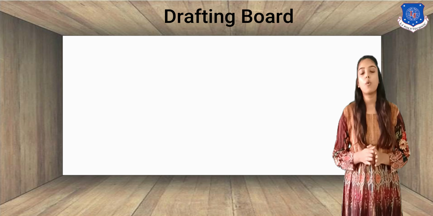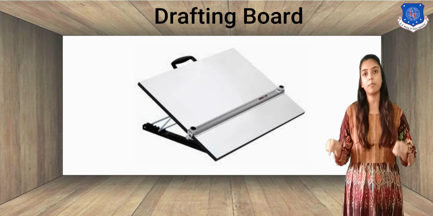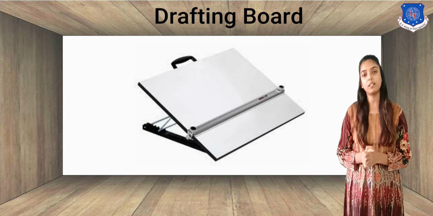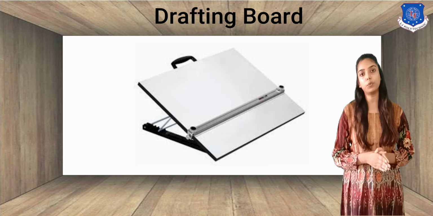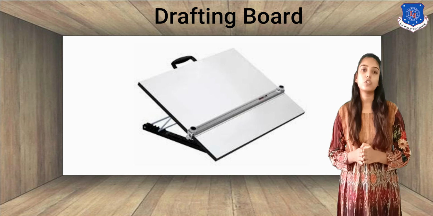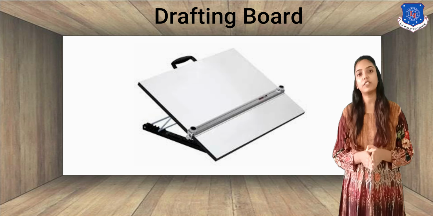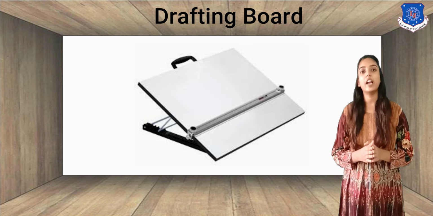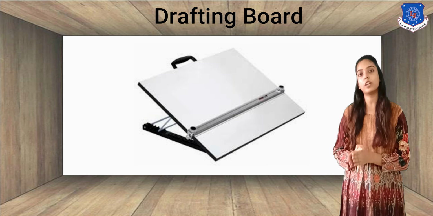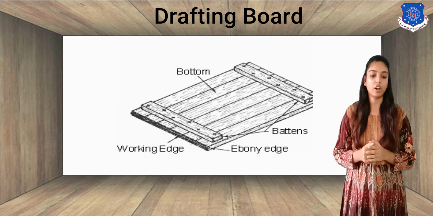Drafting board. What is a drafting board? It is a flat surface on which sheets are mounted and drafting can be made. It is made by strips of seasoned softwood. The shorter edge of the drafting board is smooth and straight so that the T-square and parallel movement can be easy. Large-size drafting boards are used in architectural or engineering firms and in colleges also for student drafting purposes. As you can see on the screen, a sketch of a drafting board.